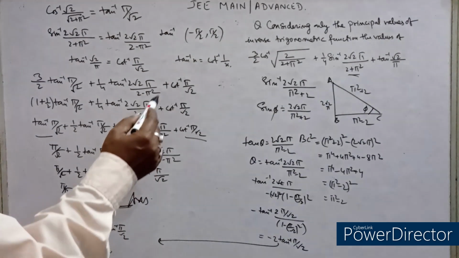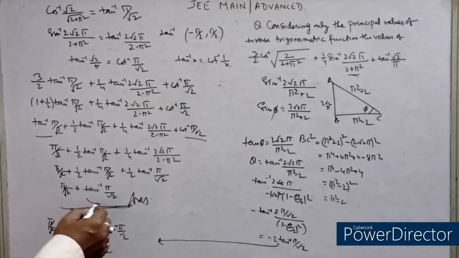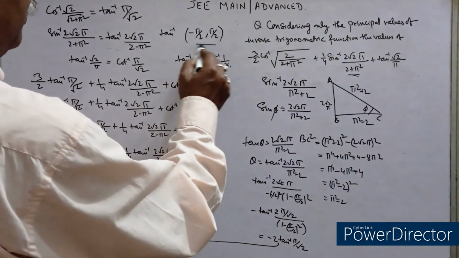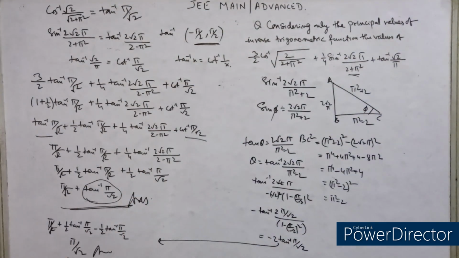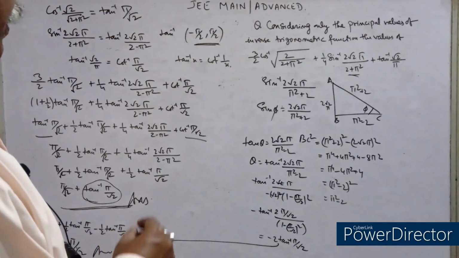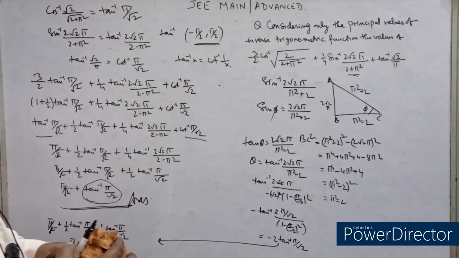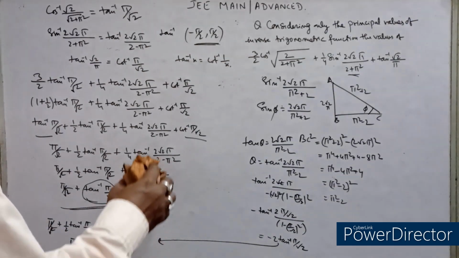While solving these advanced problems, if I calculate this value of tan inverse pi by root 2, it comes out to be 65 degrees, and it is within this range, so this is a principal value. So this answer is correct, and both answers are correct. It depends upon what option is given to you, and this is how such problems are faced while solving mains and advanced problems. Now